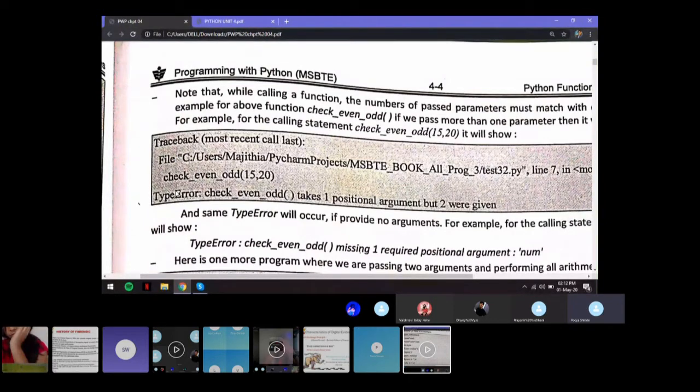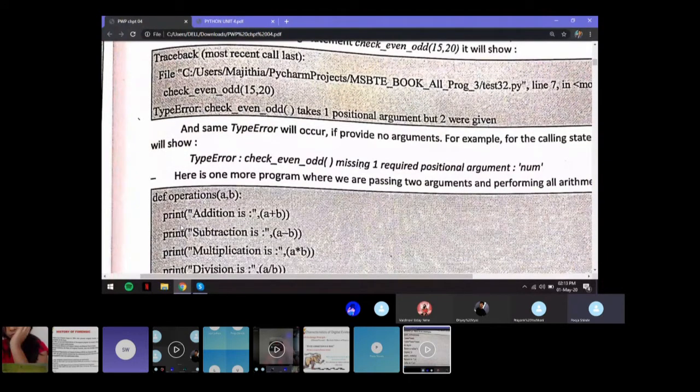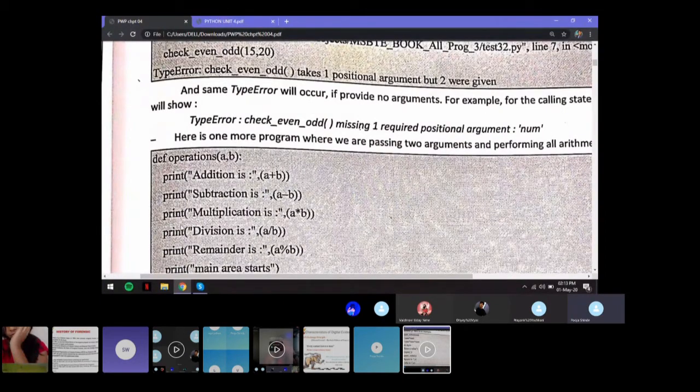It gives a type error because either the number of arguments is wrong, or even if you pass a different type of argument, or a different data type of the argument, it will still give you an error. Okay, so next.